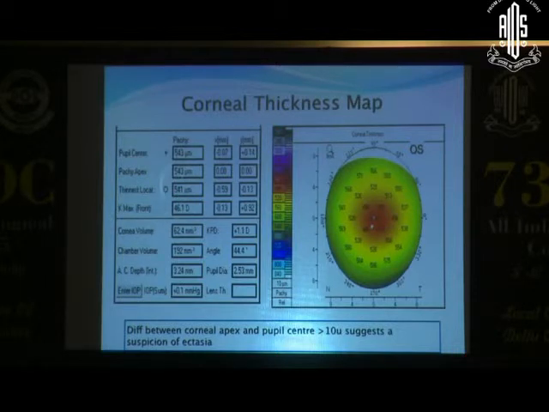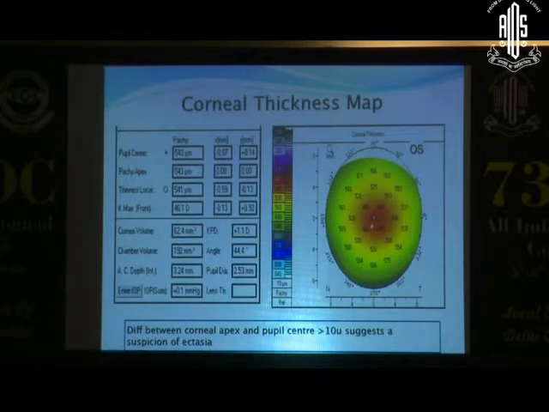Here again, these three values are very important because they say that in keratoconus, you have to look at the thinnest point in the cornea and its relationship to the pupillary center. In most cases, it is either temporal or inferior temporal in location. A distance of more than 1 millimeter is significant, and a difference in pachymetry of more than 10 microns is again significant. You also have some miscellaneous data at the bottom, which can be used for glaucoma evaluation, as well as the corrected IOP measurement.